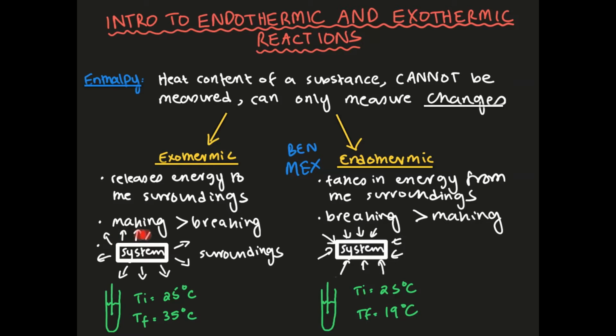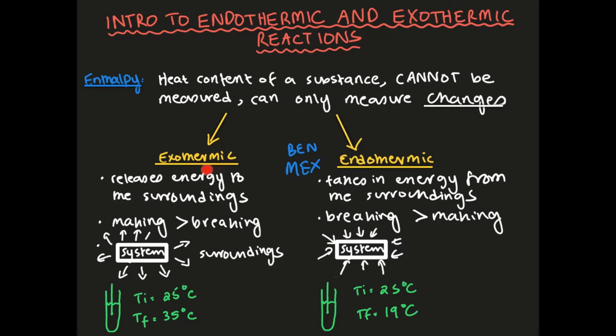Now over here, let's take a look at this diagram. So this rectangle refers to the system, which is basically going to be the reactants that you have over there and the products and all of that. And whatever's outside represents the surroundings, which is going to be the thermometer, the air outside, and everything, the test tube, all of that. So anything that's not in the reaction mixture content.